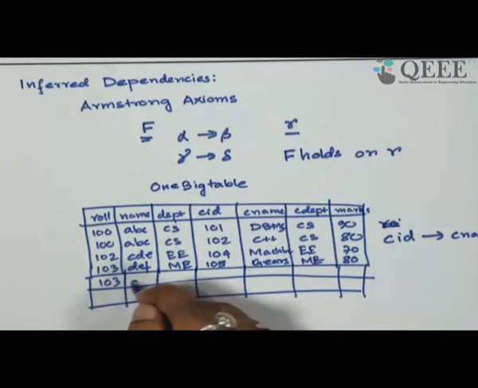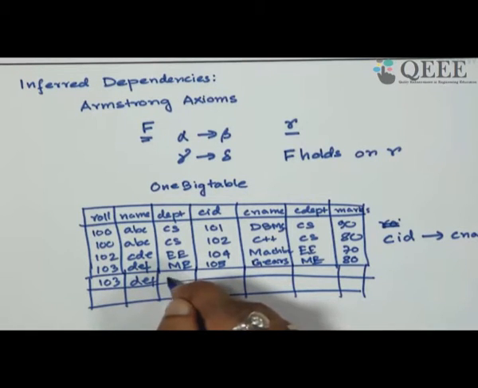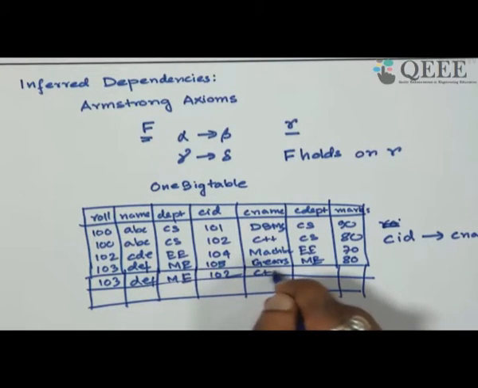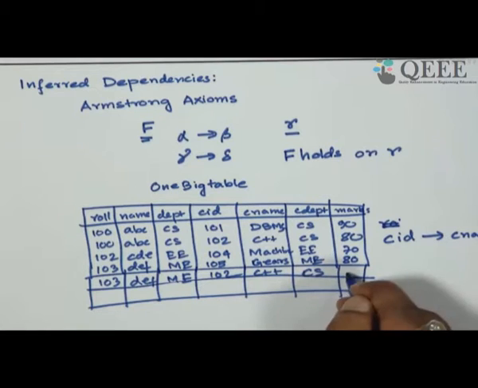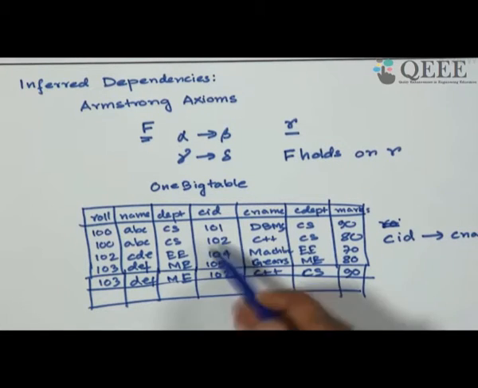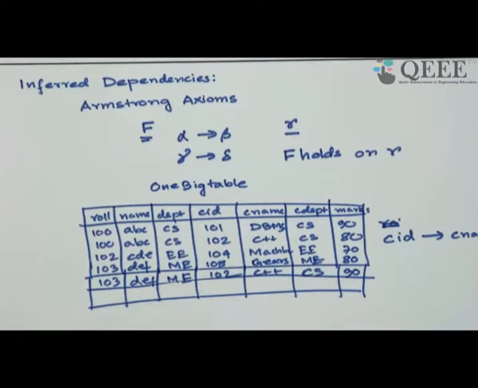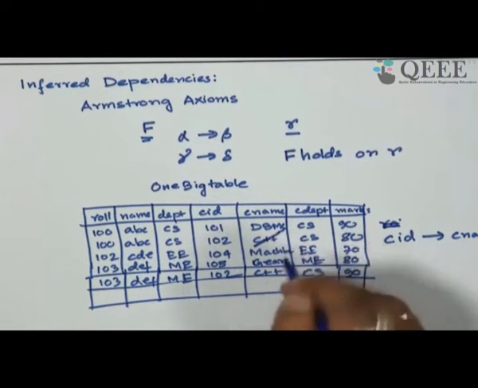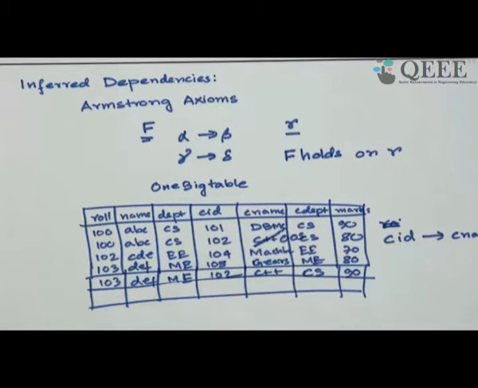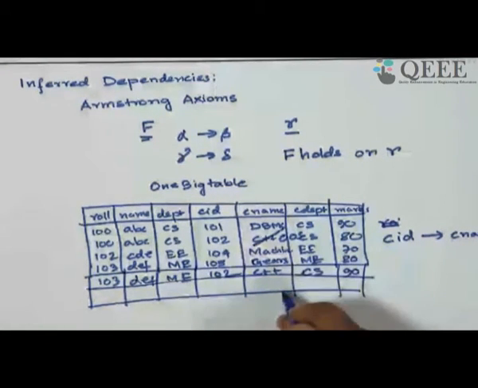So here it is valid, course ID determines course name, and I have, say, another person taking the C++ course. A student from department ME has also taken the C++ course offered by the CS department and got 9. So if this dependency holds, we have the same value of course ID and the same course name. Now suppose the name of the C++ course updates to object oriented systems. What I do is I have to change all the rows that have the value C++. So I have to change here, I have to change here, and if I miss somewhere and don't change C++ to object oriented systems, there's inconsistency.